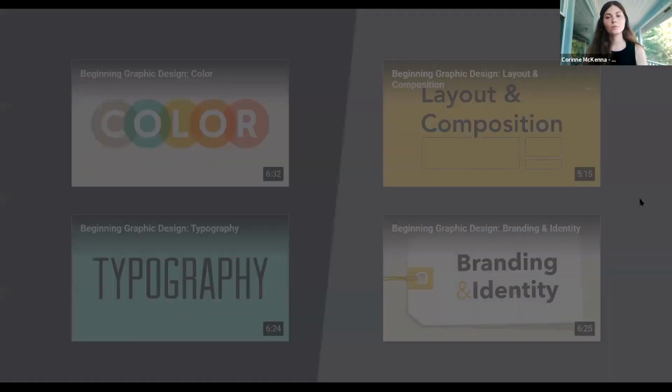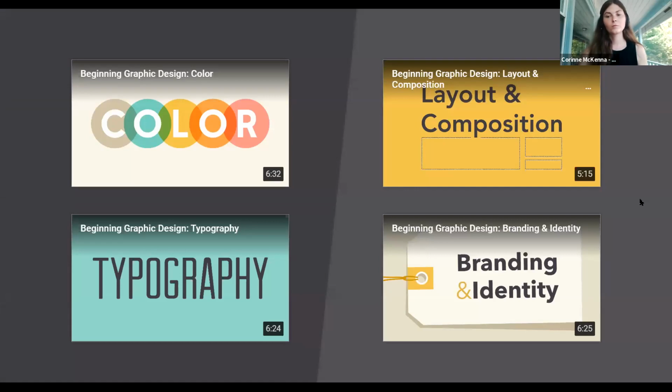Thanks for joining us for the fundamentals of design. Check out the rest of our design topics, including color, typography, and